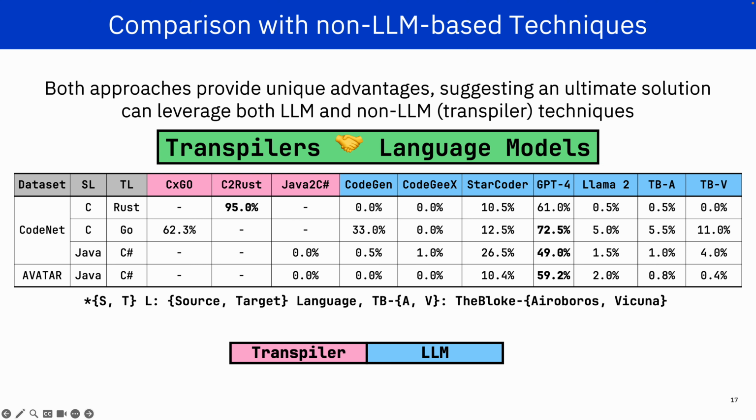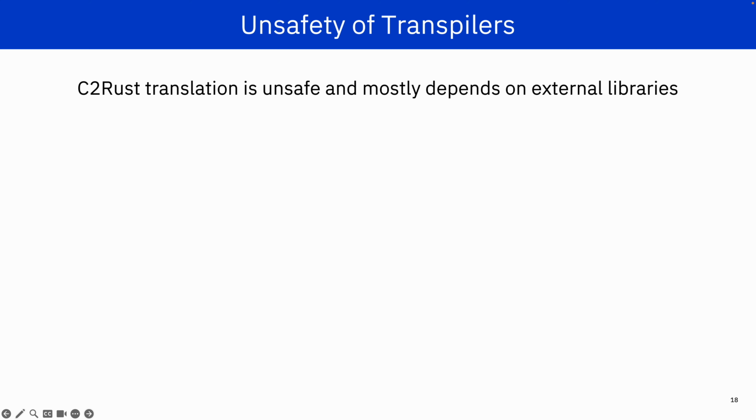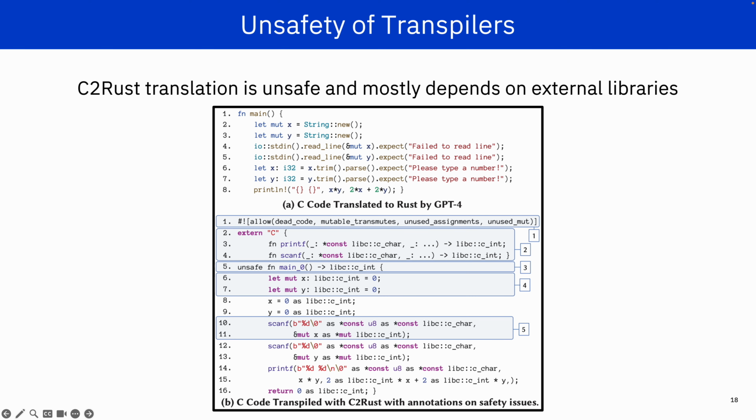Based on our analysis, both approaches provide unique advantages and weaknesses for code translation, but we see that an ultimate solution can leverage both the large language models and transpiler techniques in order to perform better code translation. Here is an example of what could be wrong in one of the transpiler translations. The code written at the top is Rust code, a translation from a source C code by GPT-4,